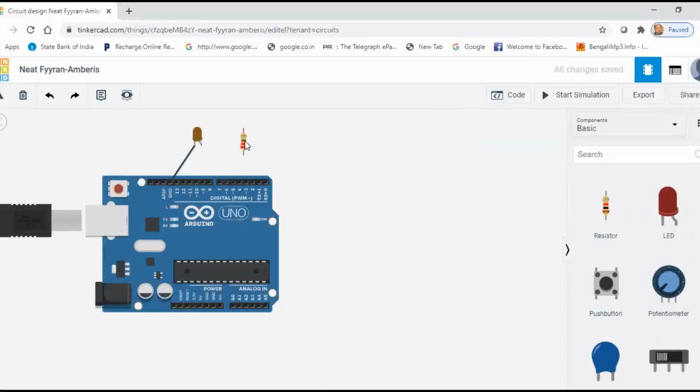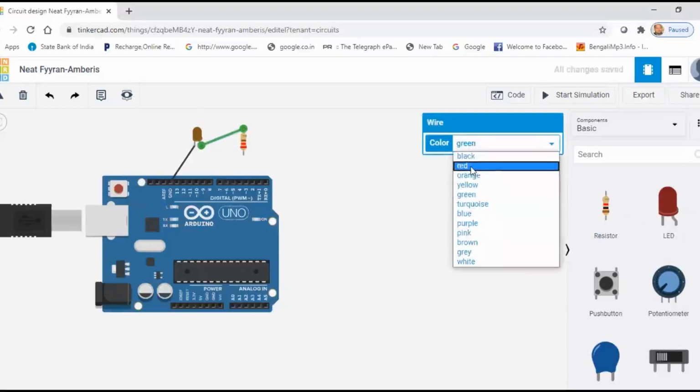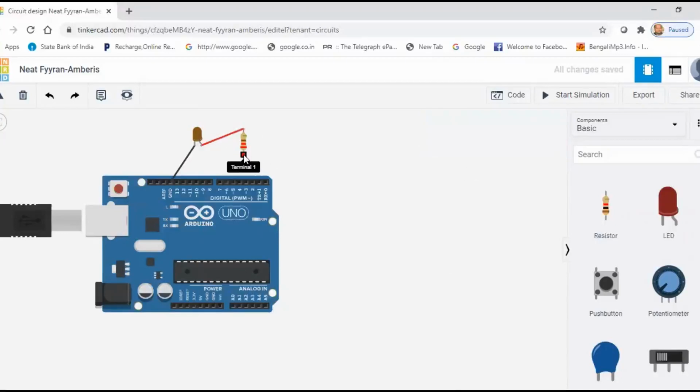Then this is the resistance, and we are connecting the anode terminal with this terminal of the resistance, with a red wire. Then we connect the other terminal with pin number 13. So we are connecting this LED through this resistance across ground and pin number 13.